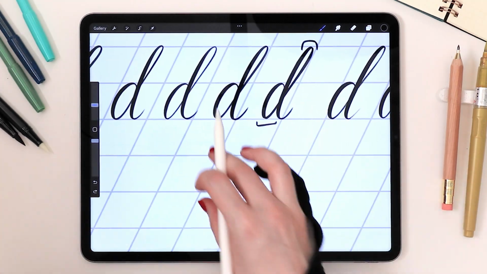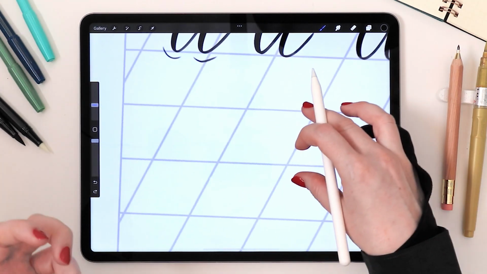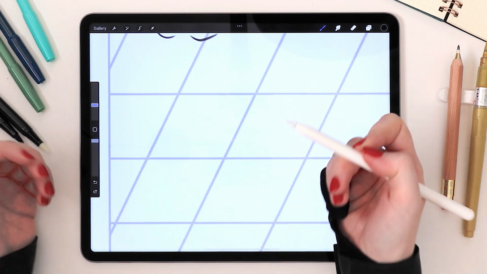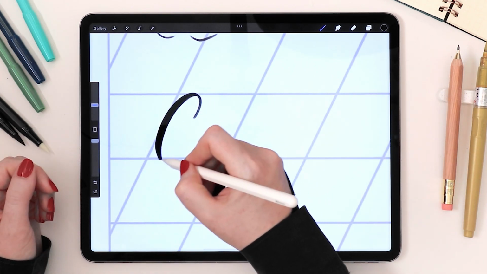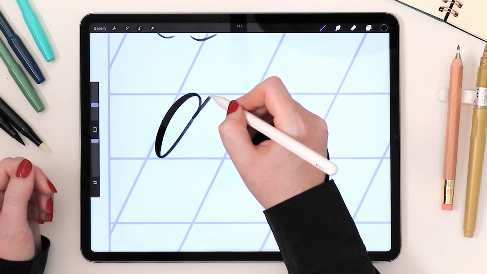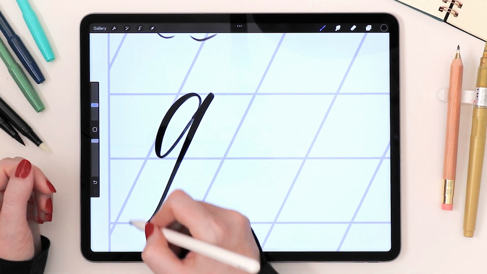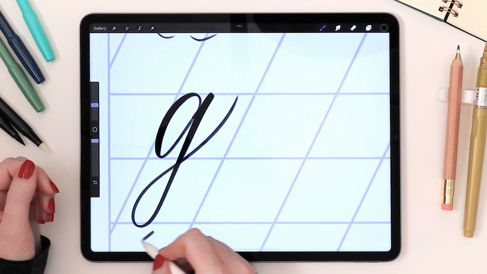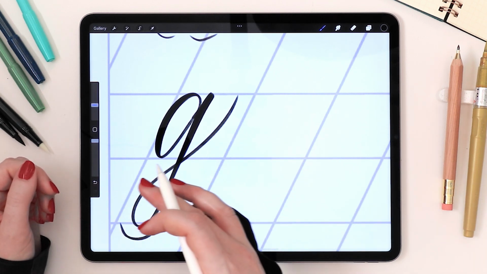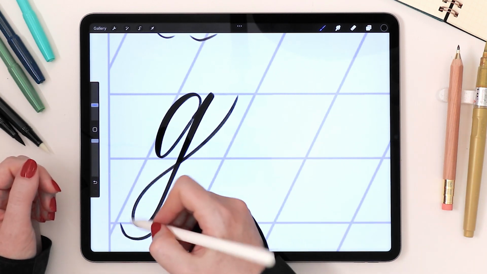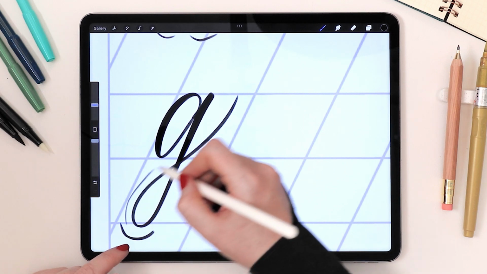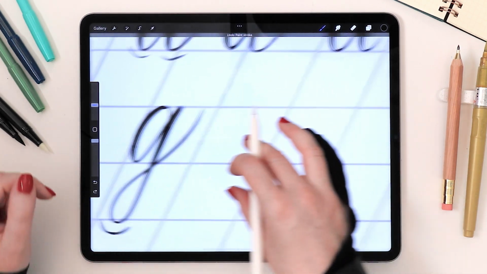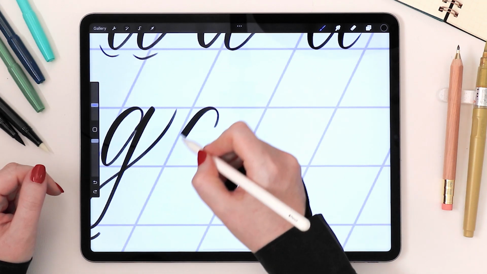Now we're going to do another bowl letter, again using the exact same bowl, but instead of a D, we're going to do the letter G. So here we have our bowl again, and just like A, we're going to change direction at the waistline, but we're going to move down to the descender line and make sort of a counterclockwise underturn and come back up in a very long upstroke. No pressure on this upstroke here. So again, bowl,